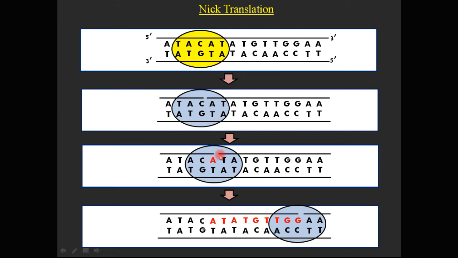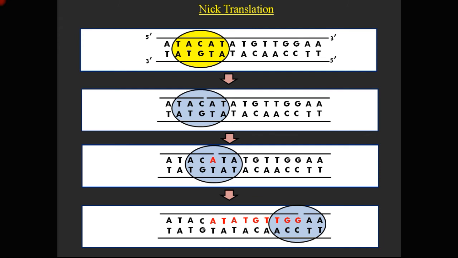So similarly it's going to do this translation. So Nick is going to start moving. This movement of the Nick is called Nick translation. So this Nick is going to keep moving, and as the Nick moves, the DNA Pol 1 is going to keep adding the labeled nucleotides, fluorescently or radio labeled, whatever the case is. So finally something of this sort we will have. All these red color nucleotides are newly synthesized and they have been tagged radio labeled or fluorescently.